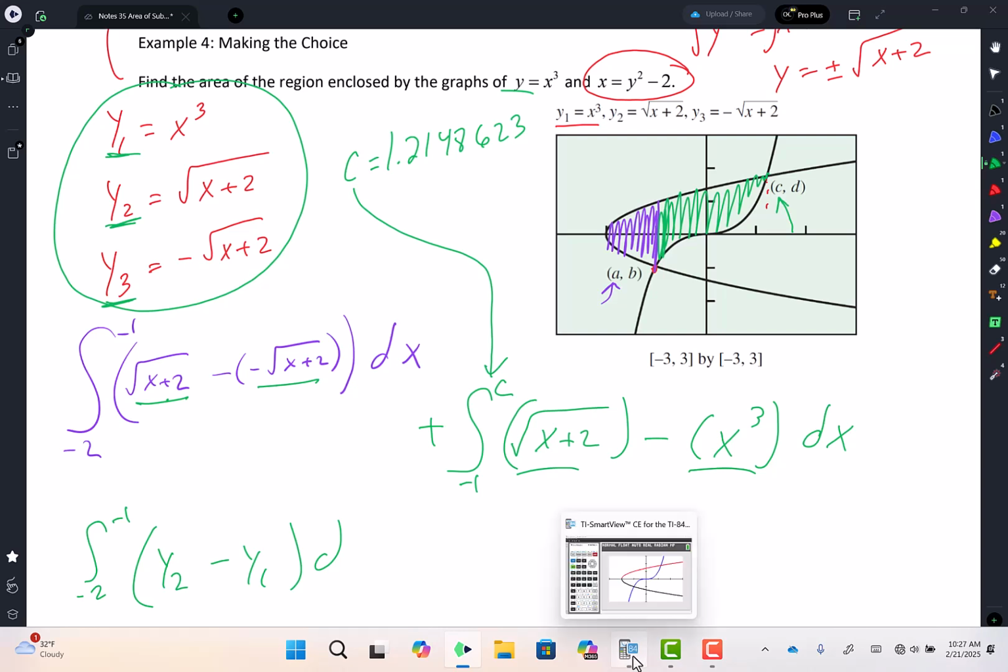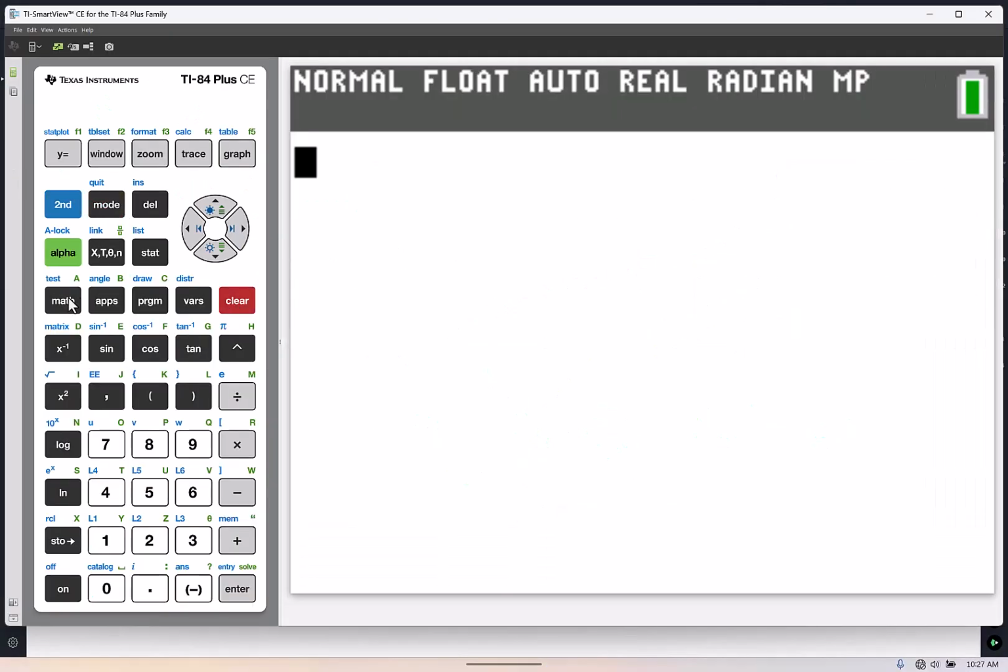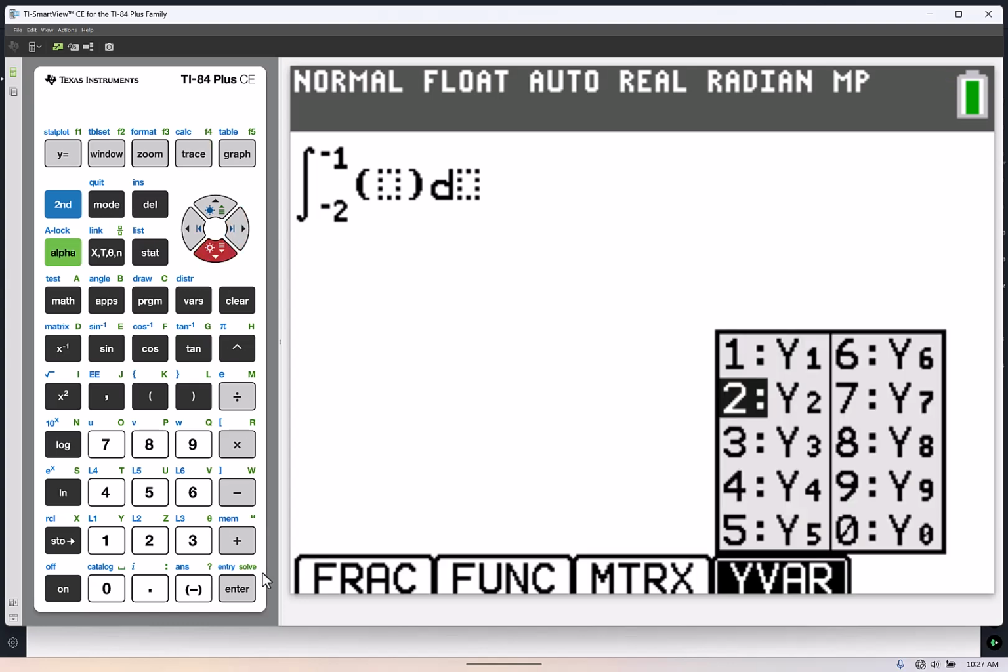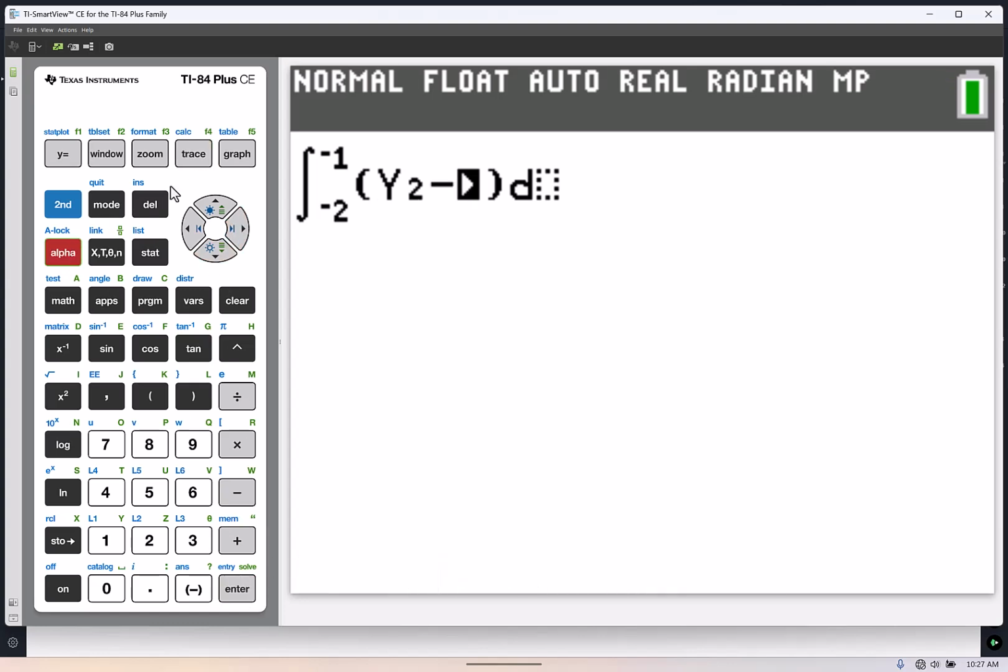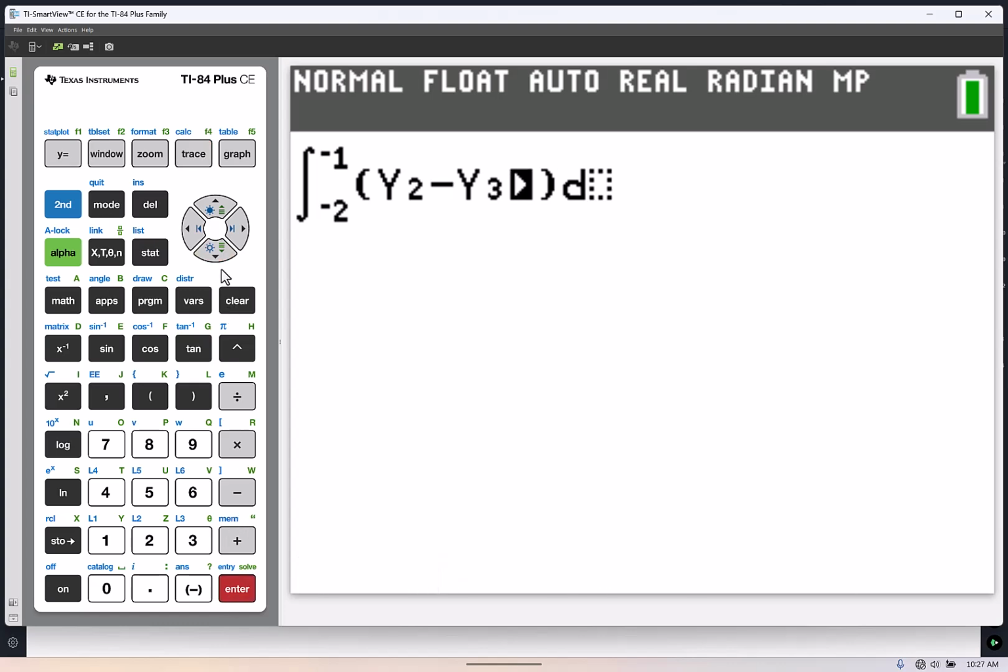Okay, here we go. Let's find it, guys. So I'm going to go to the second screen. Here's my screen. I'm going to go math 9 from -2 to -1. I'm going to see if I can do it in one shot. And then it was the square root, the positive one, so I'm going to go alpha trace y2 minus, and then the other square root, the negative one, which I have on y3. Don't push enter yet, plus